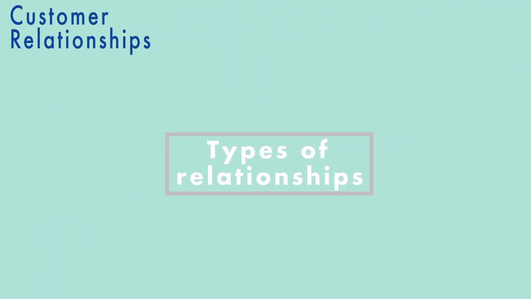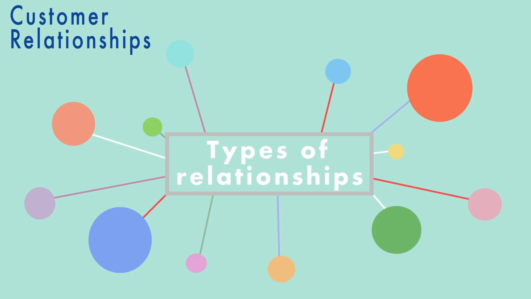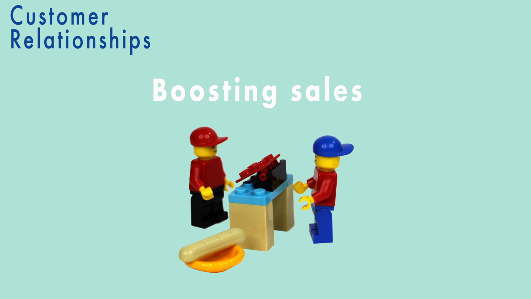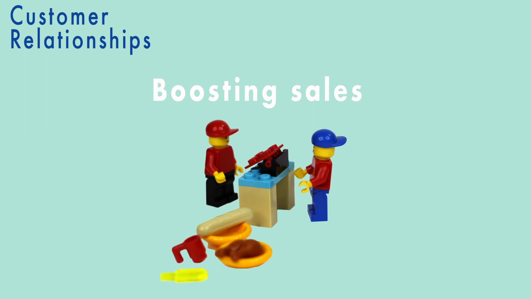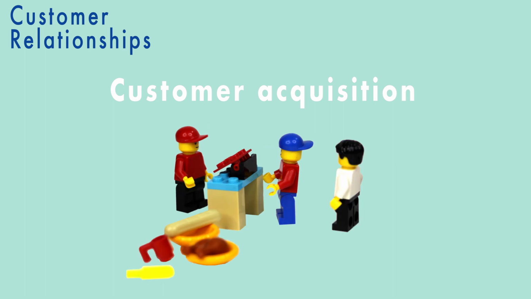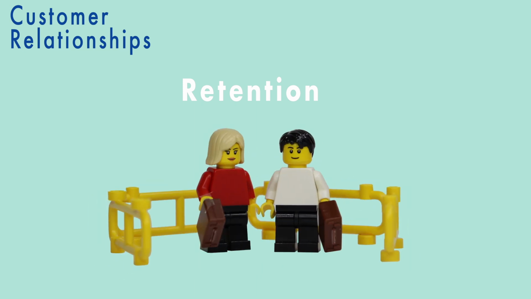Customer relationships. The customer relationships describe the types of relationships a customer establishes with specific customer segments. The customer relationship may differ with each of the segments. Customer relationships may be driven by the following objectives. Firstly, is boosting sales. For the fast food restaurant example, this is how we increase our share of wallet within a segment. Secondly, is customer acquisition. For the fast food restaurant example, is how we get more customers. Lastly, is retention. In the fast food restaurant example, this is how we ring-fence customers to keep returning to us.